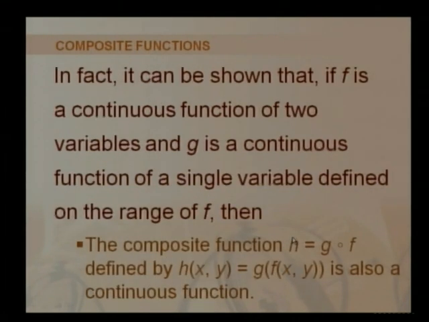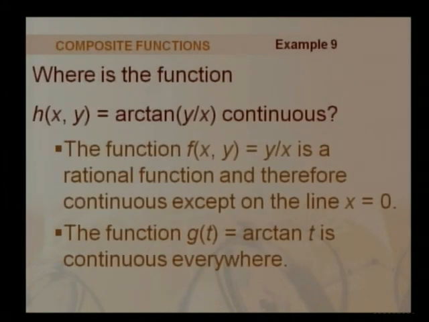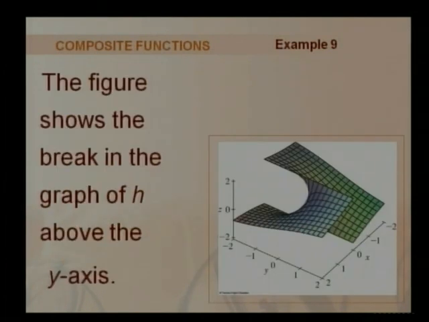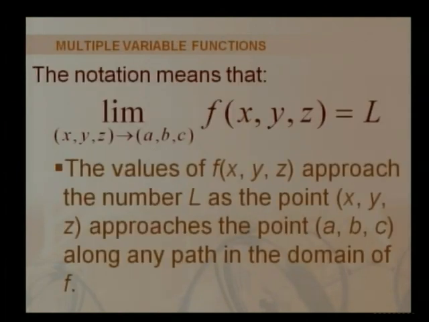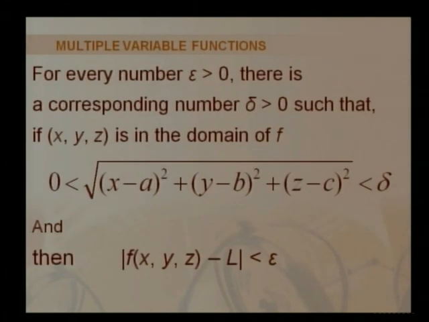Also the composition of functions is again continuous, and we can have a function h(x, y) as a composition of the two functions arctan and y upon x. If both the functions are continuous, the composition of the two functions is again continuous. For three variables, similarly we can see the limit when (x, y, z) approaches (a, b, c), the value of f(x, y, z) is equal to L. So here L will be the limit of function f when the function has three variables. Similarly, we can have the delta epsilon